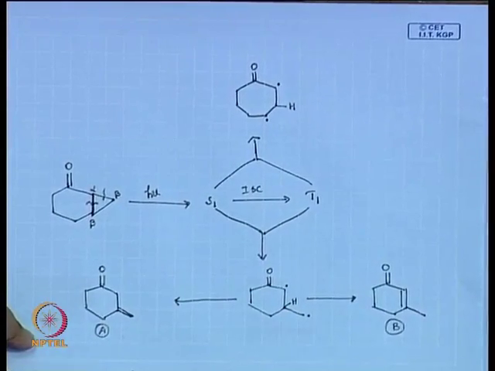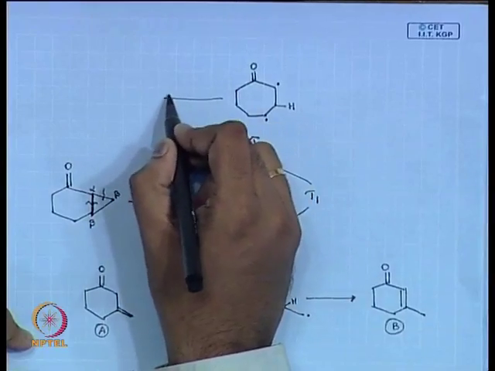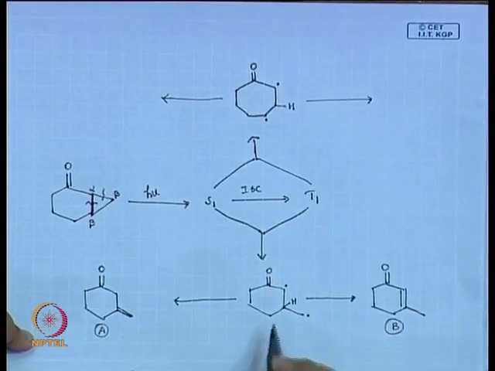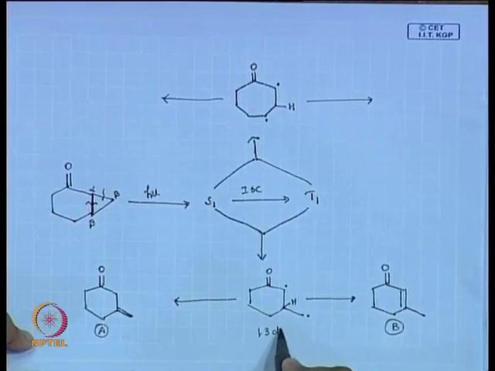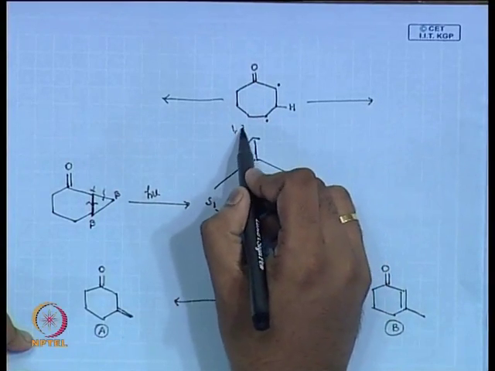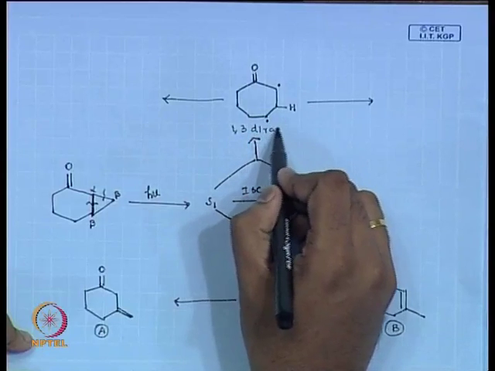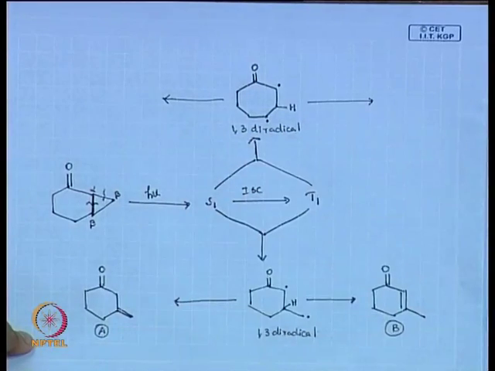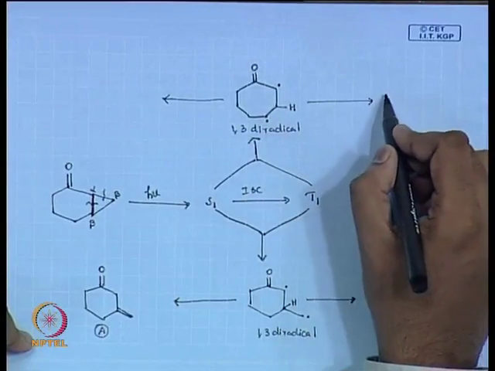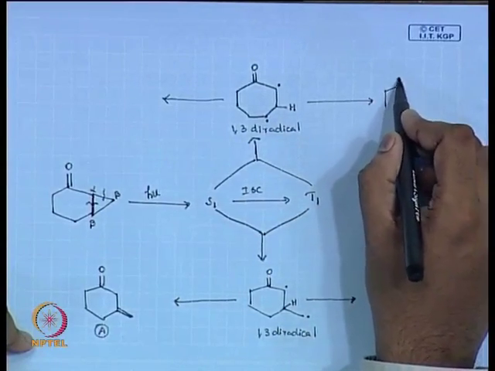So, what can it give? Again I can think of two products, because again it is a 1,3 diradical, like this is a 1,3 diradical, again I can call this also a 1,3 diradical. So, I can write two products now, one where I shift my hydrogen here, to get a